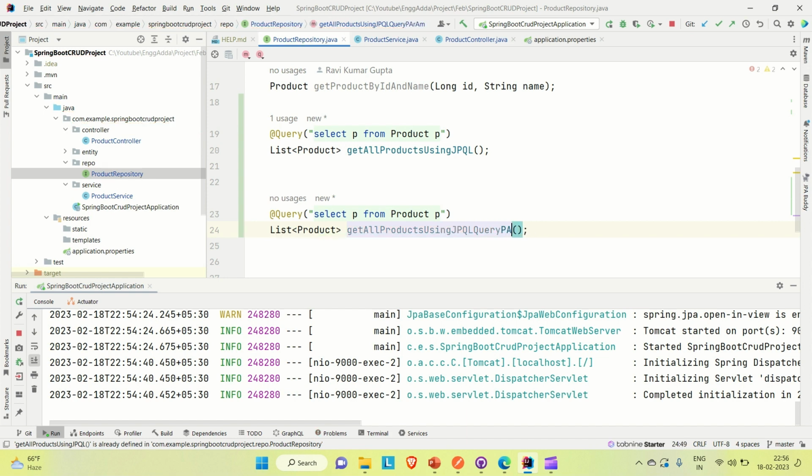I'm giving a weird name, but yeah. Let's say we are going to find all the products from the database based upon their name. So the query should be select P from Product P